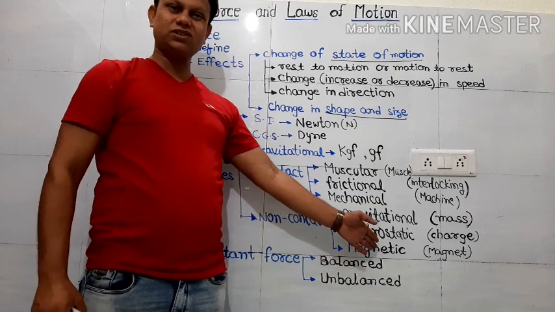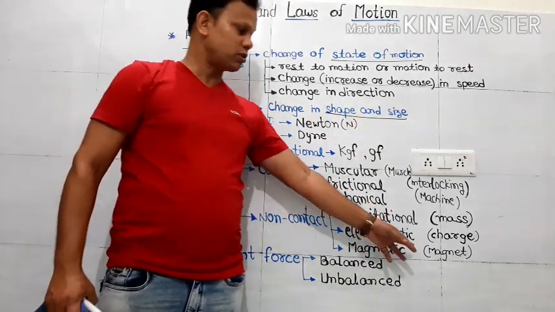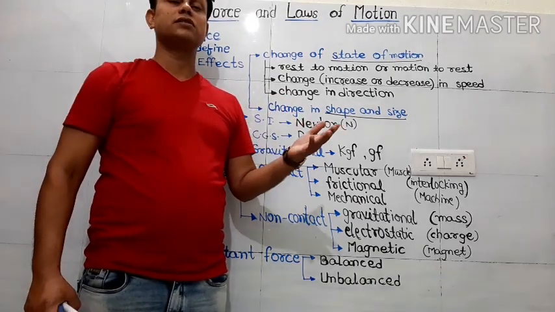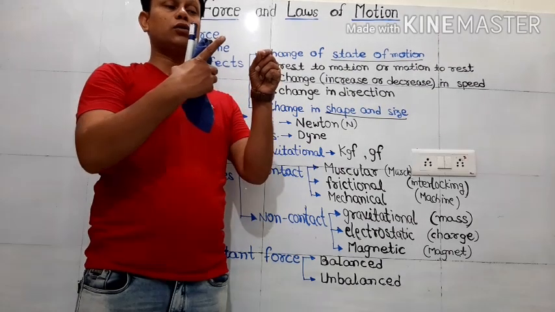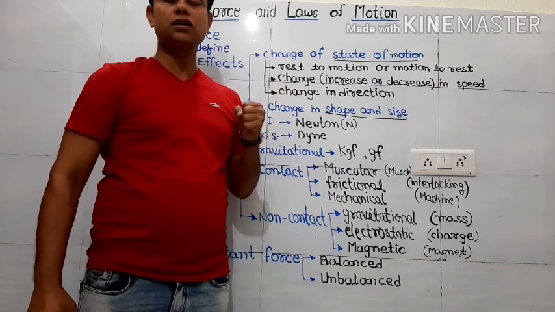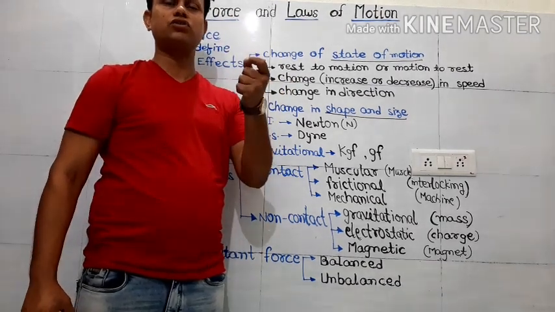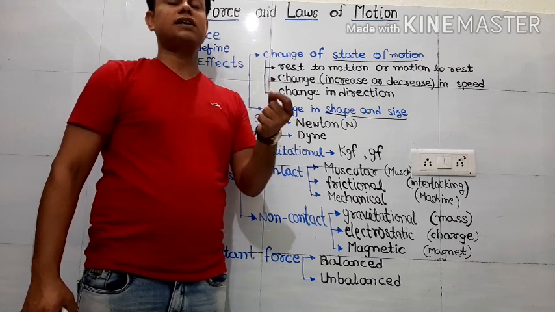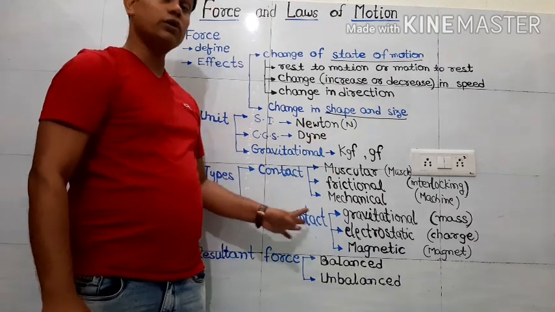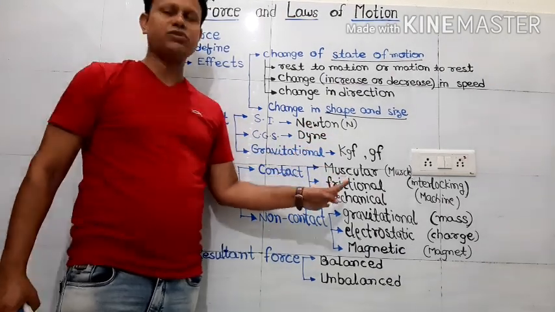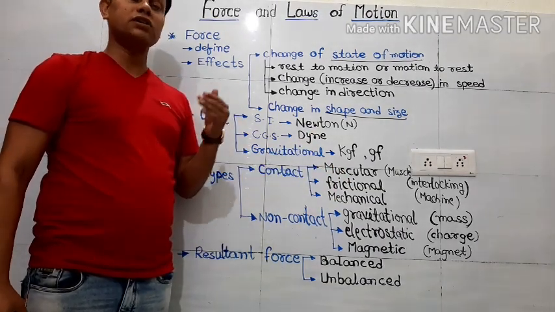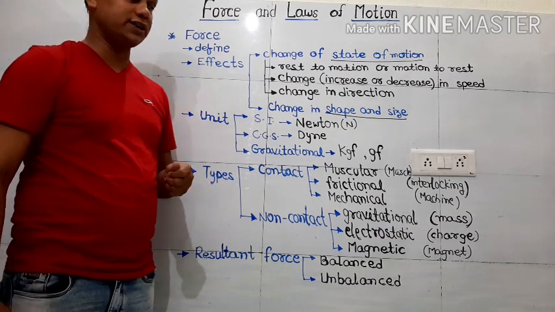Then magnetic, by name itself, shows that somewhere a magnet is used. So the responsible factor is magnetism, the magnet. A magnet also applies a force from a distance. You could have observed that when you bring a nail close to it, not in touch, the magnet attracts that piece of needle or iron piece you bring close to it. That means the force is applied from a distance. So magnetic force is also a type of non-contact force. These are some examples of forces present in nature. There are other forces also which we cannot discuss right now.